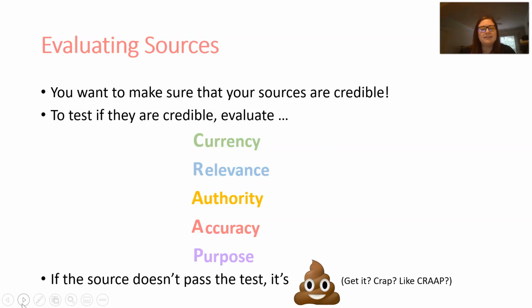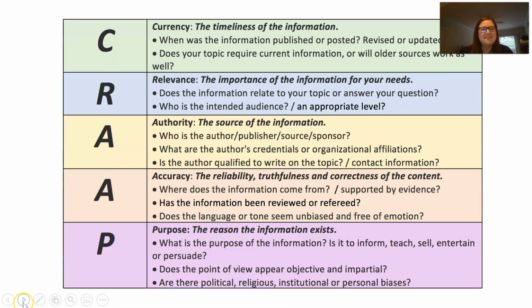If the source doesn't pass this test, it is, get it? C-R-A-A-P, crap. So we're checking to see if the sources are crap, and if they are, then we're not going to use them. So just to go over a little bit more, again, currency is how current the source is,